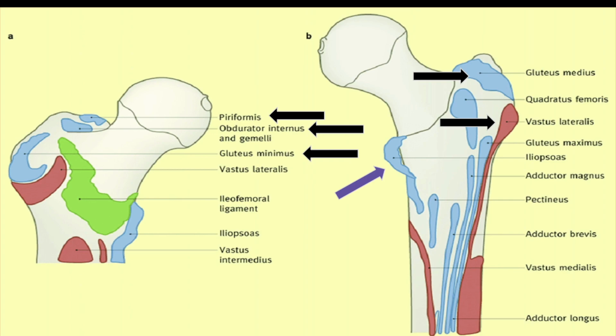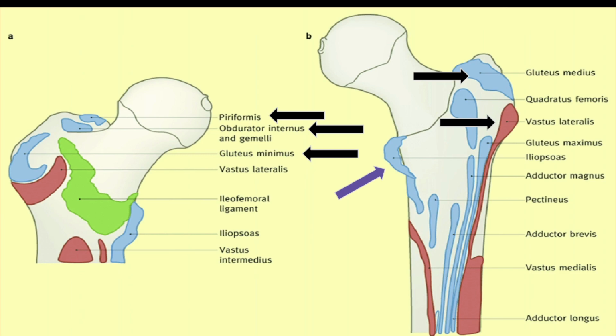Great. So here we're looking at some of the insertion sites of the muscles. And the black arrows are showing the muscles and the insertion sites for the greater trochanter, which constitute the gluteus medius, the gluteus minimus, the obturator internus, piriformis, and the vastus lateralis. The purple arrow shows the lesser trochanter and the insertion site for the iliopsoas muscle. And so this is just relevant muscle anatomy that we should be aware of too when we're talking about this